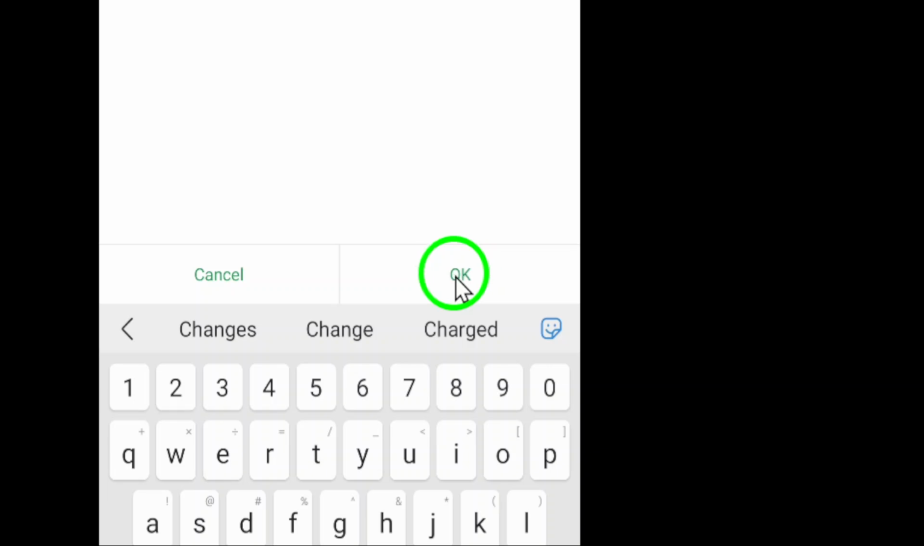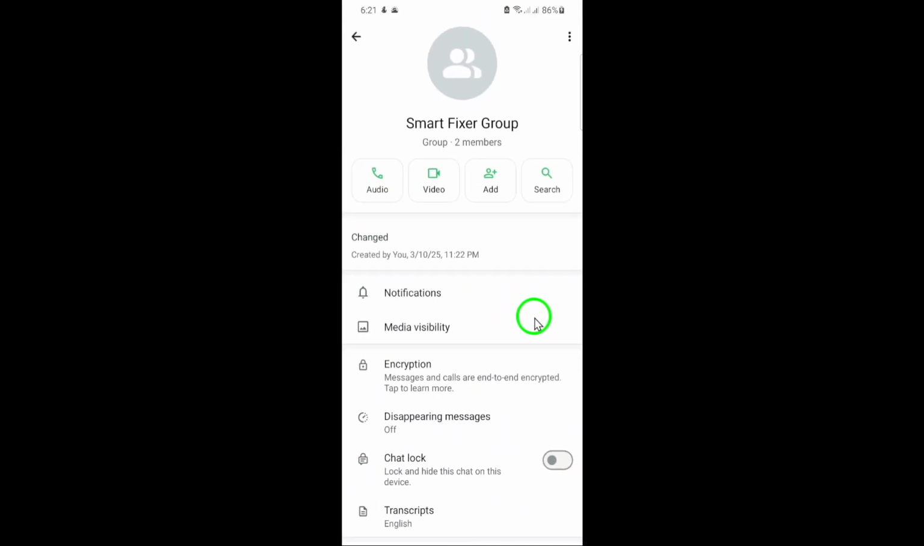And that's it. The new description will now be visible to all group members and anyone invited to join. Updating your WhatsApp group description is a great way to keep everyone informed and aligned with the group's goals or